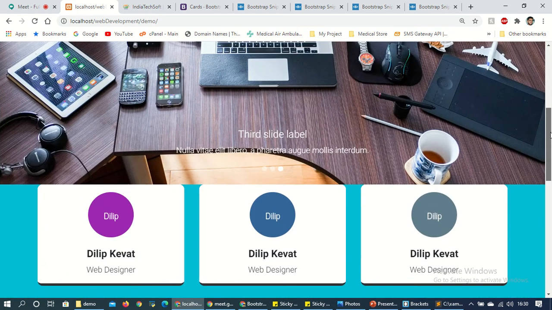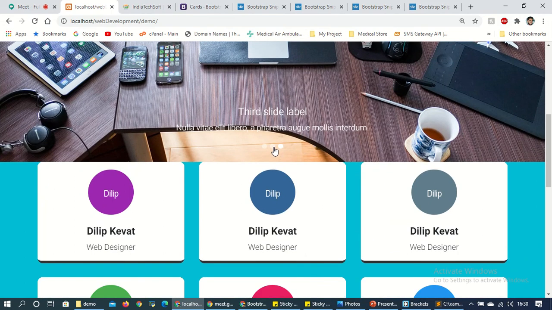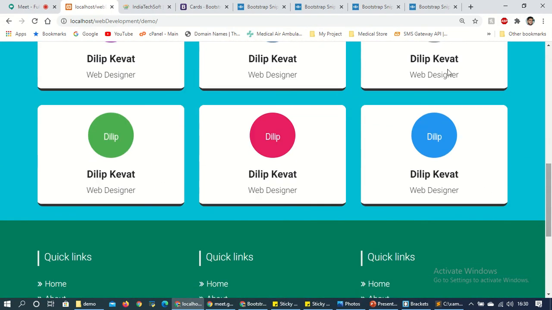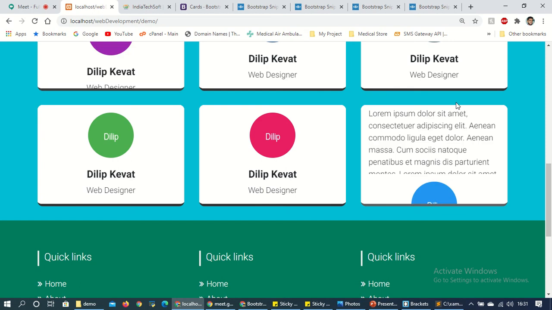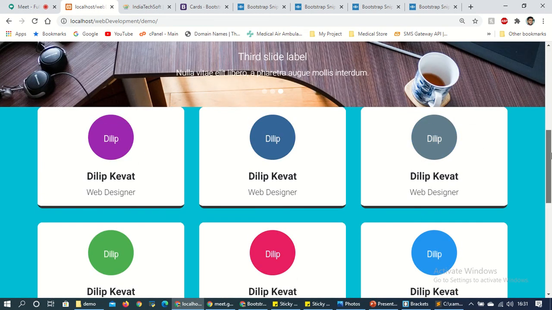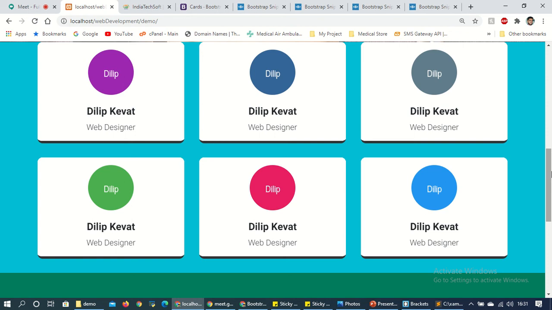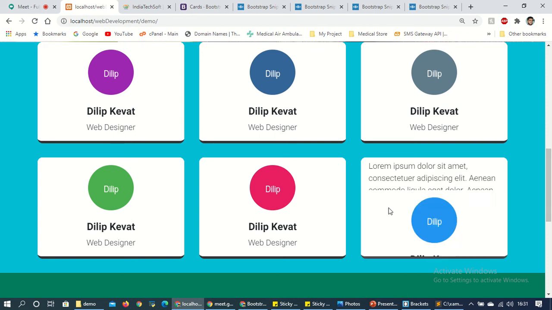Okay, and if you want something more, see, we face a problem whenever we want some JavaScript plugins. Whenever we require some JavaScript parts, then we face some issues. In this design no JavaScript is required. Well, JavaScript is required, but it is already inbuilt in jQuery and bootstrap.min.js. That's why it is working.